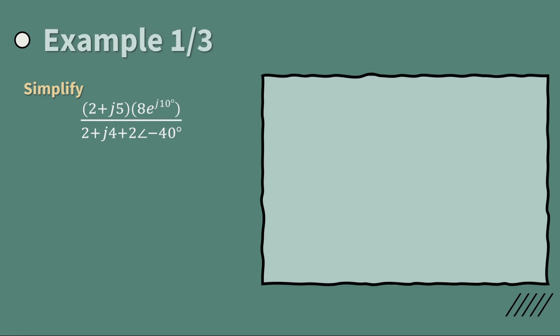So we have 2 plus j5 as a rectangular form, and we have an exponential form here, the 8 e^(j10 degrees). We have 2 plus j4 in rectangular form again, and then we have a polar form 2 angle negative 40 degrees. So the first step, first and foremost, before you use your calculator, okay, call it numerical method,